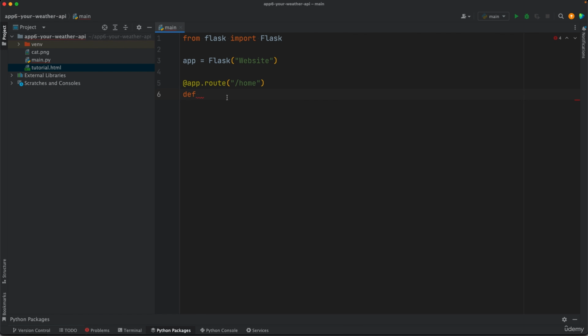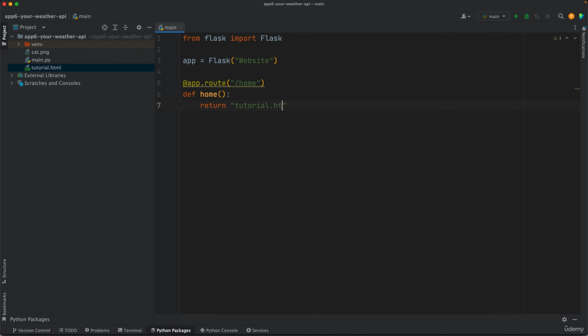And the HTML will be inside this function that we need to define in here. Let's call this function home. You can call it whatever you like. And this will return this HTML document. And so that HTML document will be rendered whenever the users visit your website URL /home. So for that we need to return, but you cannot return